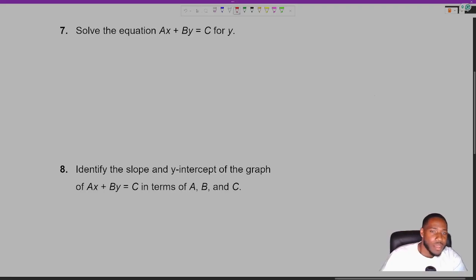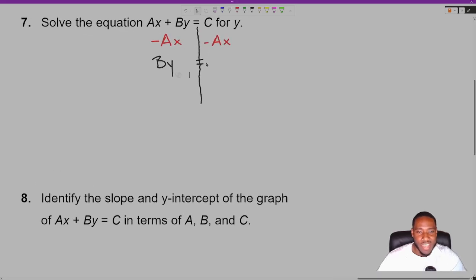Okay. So if we're solving this for y, we're getting y by itself. And we've done this enough times already to see that the pattern is going to be the same. It's just a matter of how much we can simplify this equation. So as it was the case the first couple of times we did this, we're going to start by subtracting that x term. In this case, it's just ax. Ax and negative ax cancel each other out. We're left with by. And that's going to be equal to, most helpfully written,